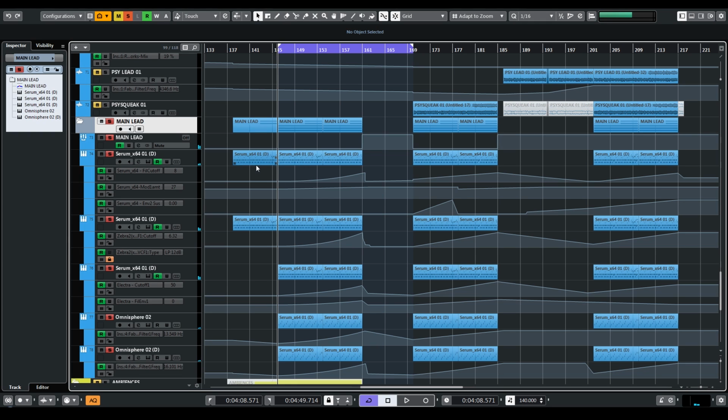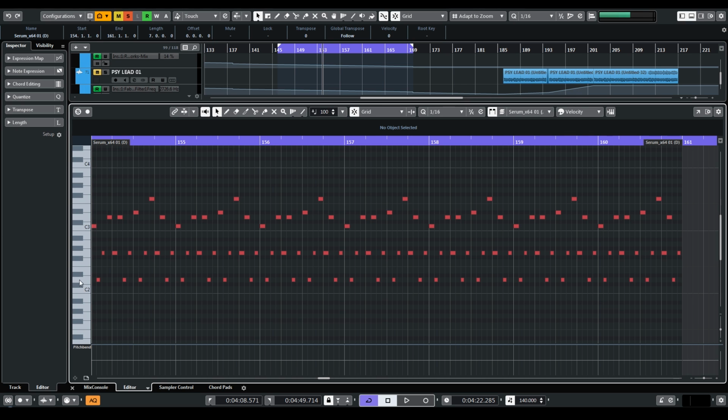So the first step in making the lead, of course, is that you need to have a MIDI. Actually, you need to write a melody down, or lead melody, whatever you want to call it. So basically, I have here a lead melody with